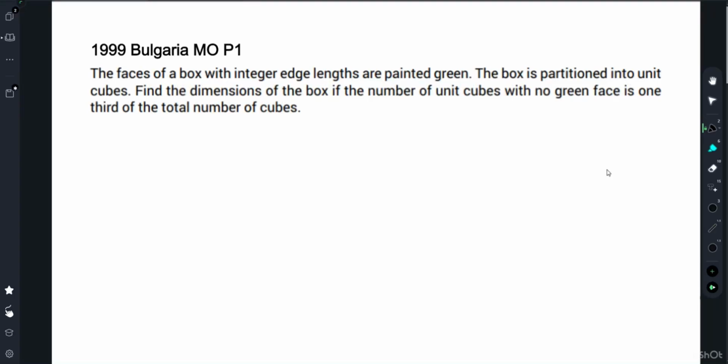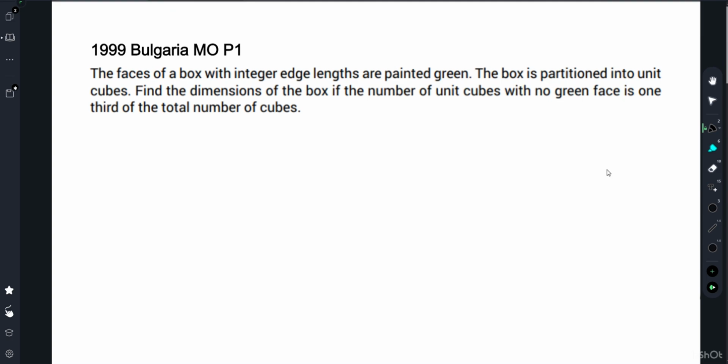Hello guys, today we'll be going over the 1999 Bulgarian National Math Olympiad Problem 1. The faces of a box with integer edge lengths are painted green. The box is partitioned into unit cubes. Find the dimensions of the box if the number of unit cubes with no green face is 1/3 of the